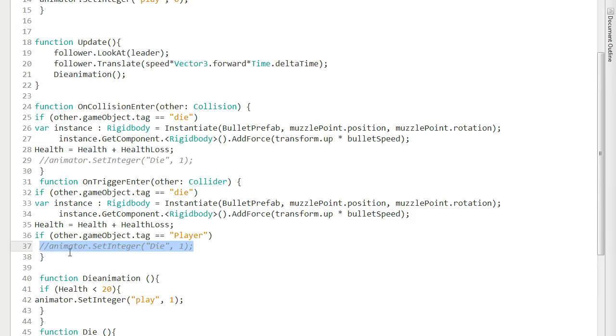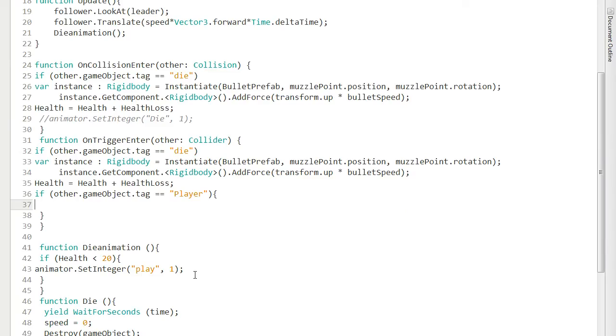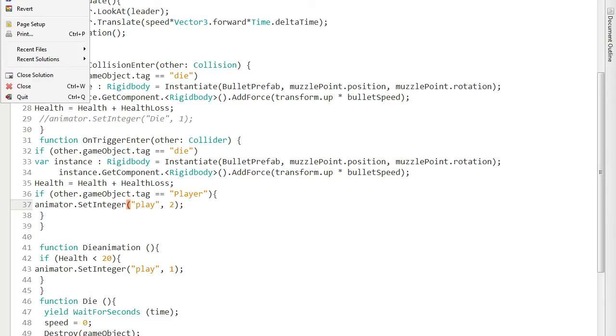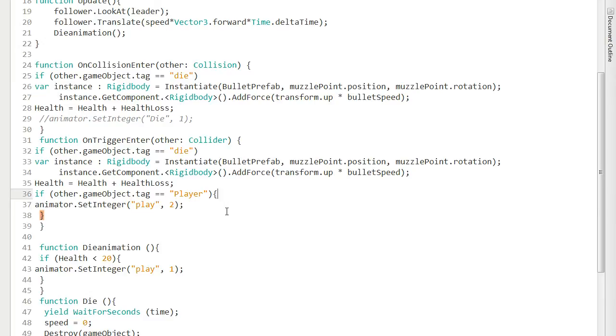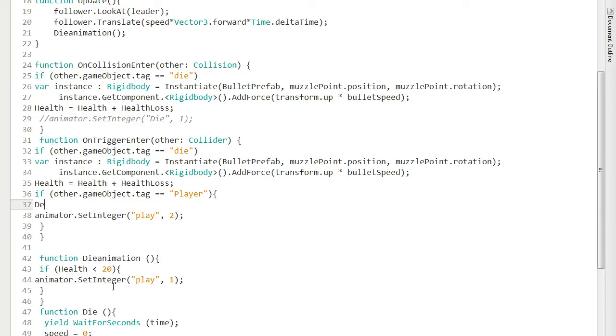get rid of that. If you come in contact with player, do the following, which is gonna be animation get integer or whatever, and this one is gonna be 2. That is pretty much it. But I can just see if this will work. So